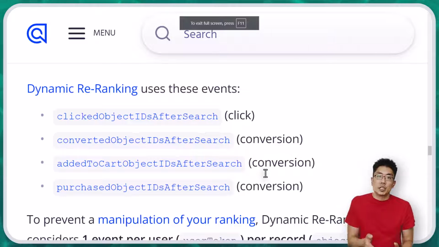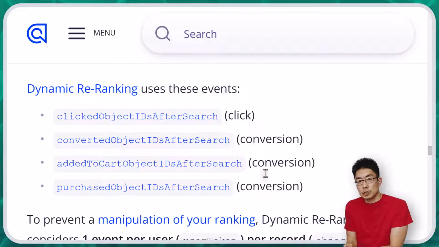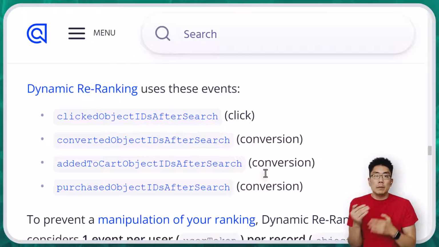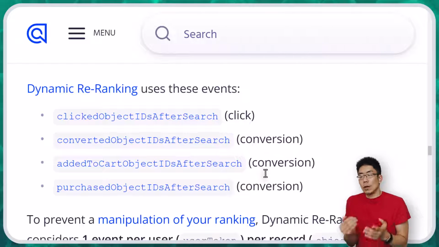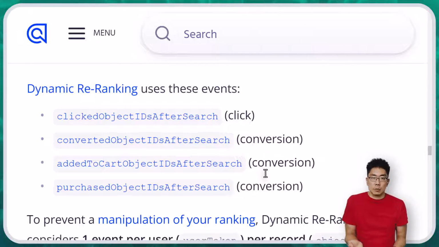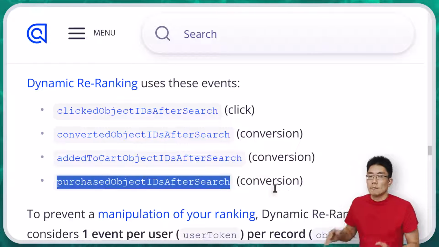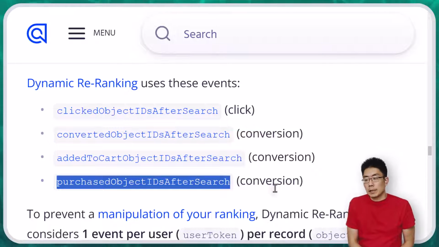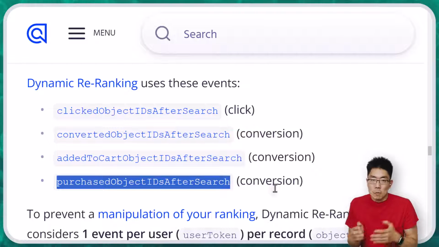And by conversion, I mean conversion event to the search algorithm. I don't mean conversion as in the way that we normally see in our product stats, which is conversion rate or sold rate. Finally, if they end up buying the product, it sends a signal to the search algorithm and it sets an event called purchase object ID after search. And remember, object ID is probably your product ID.